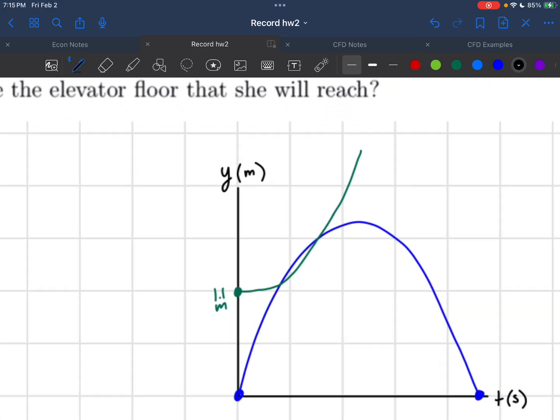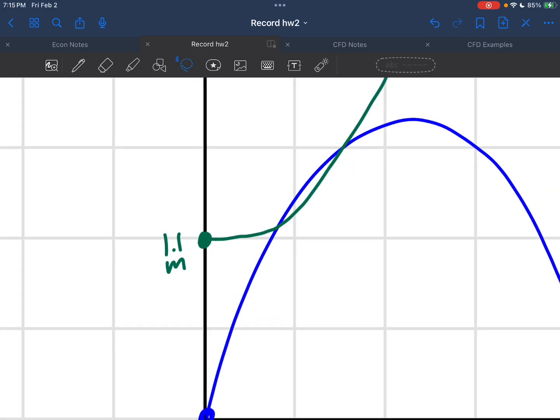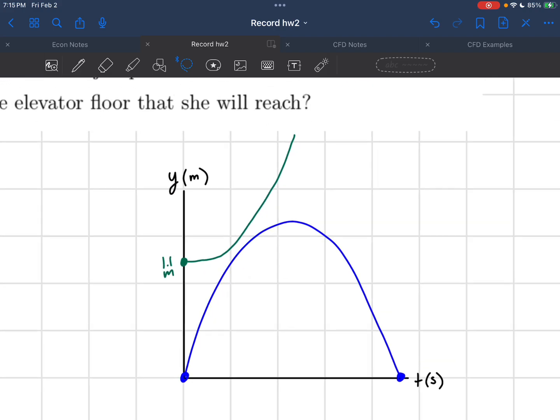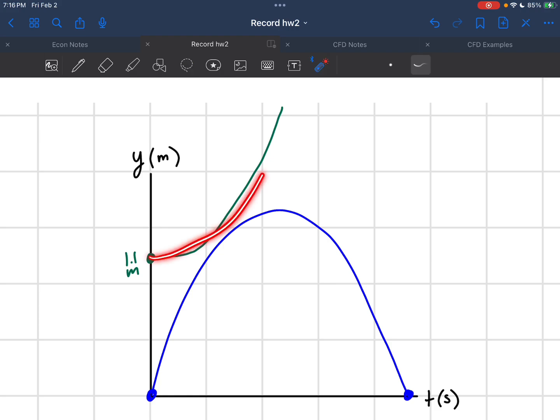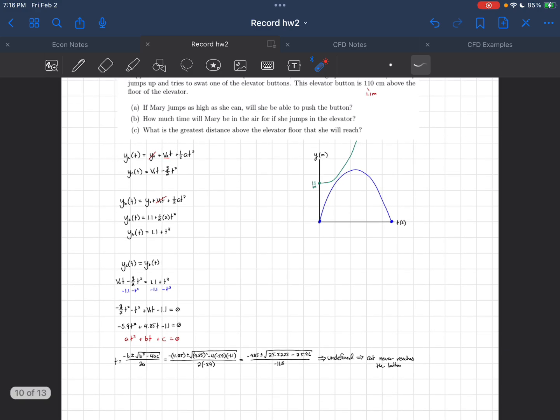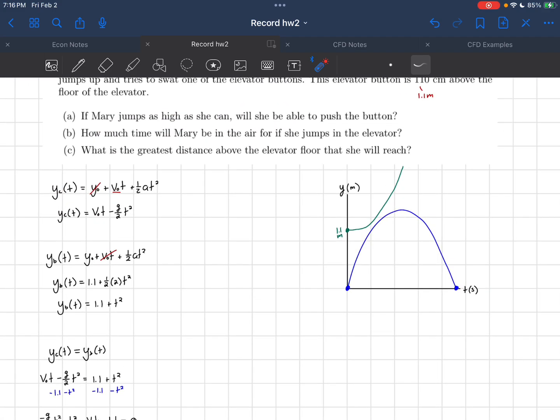Which also means that my graph was a little inaccurate. Probably should have looked something a little bit more like this. And in fact, if I were to plot this on Desmos, it would look something a little bit more like this, where the cat doesn't quite reach the button in the elevator. Right? So, a long process for our first part of this question,